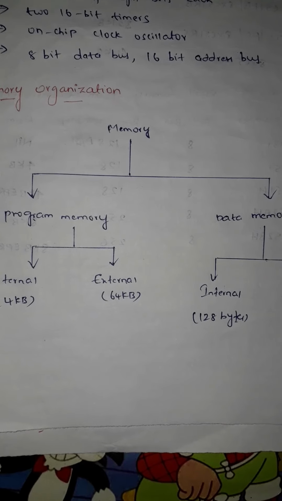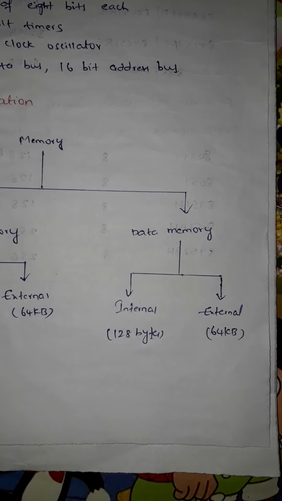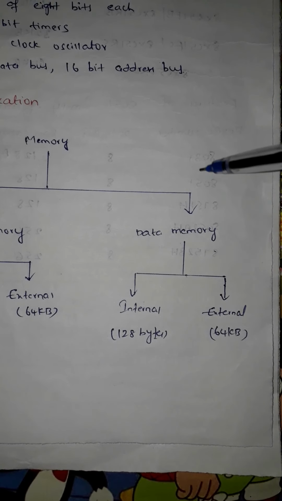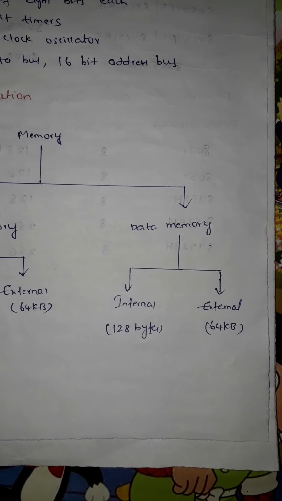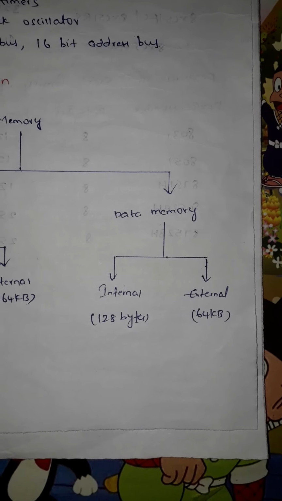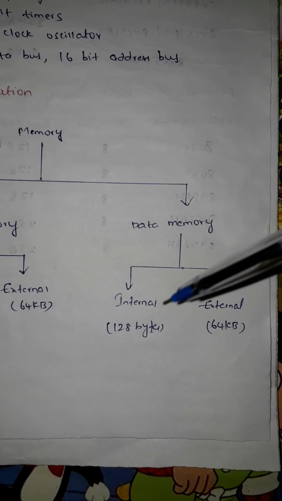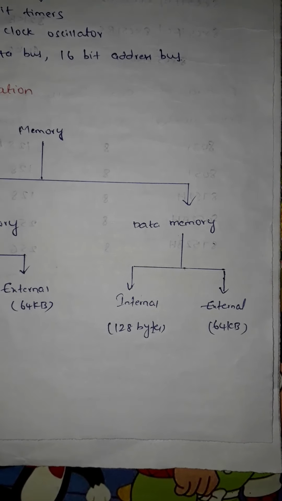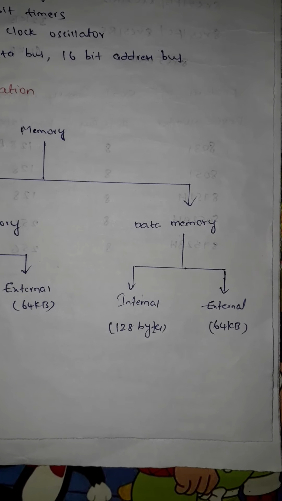Similarly, for data memory, for RAM also you can have external memory of 64 KB RAM with the 8051 controller, and internally you have 128 bytes. So if you want, you can use the internal 128 bytes of RAM, or you can access the external 64 KB of